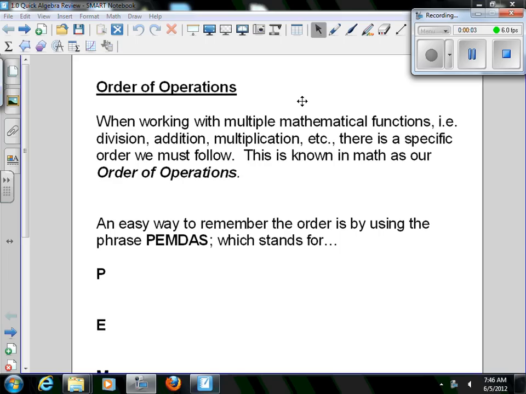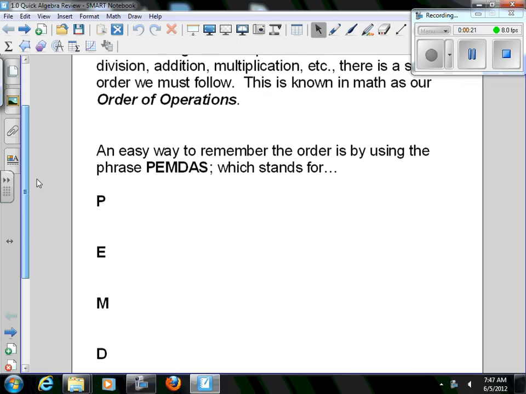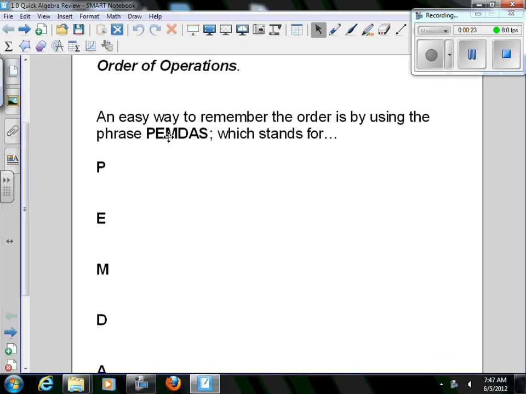We're going to be starting today with a quick algebra review, and we're going to begin with order of operations. When working with multiple mathematical functions such as division, addition, multiplication, etc., there's a specific order we must follow, and this is known in math as our order of operations. An easy way to remember the order is by using the phrase PEMDAS, which stands for, let's write this down,